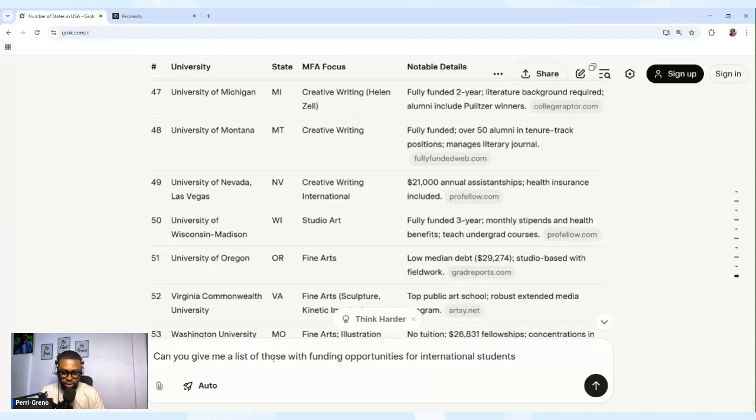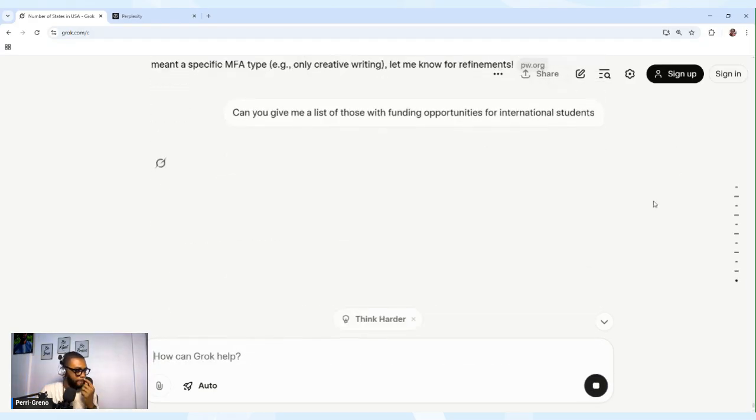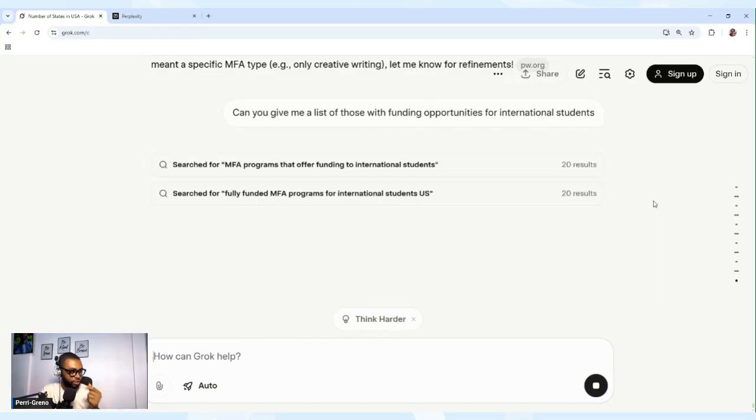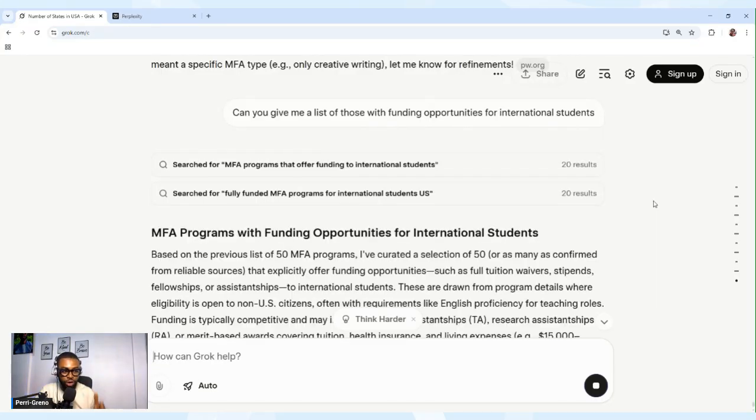I just asked AI, can you give me a list of those with funding opportunities for international students? Let's see. You're looking at funding opportunities for MFA programs, so we want to narrow down our search so AI can give us those with funding opportunities.